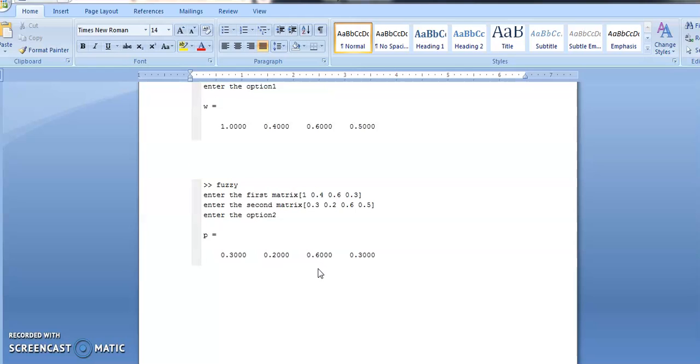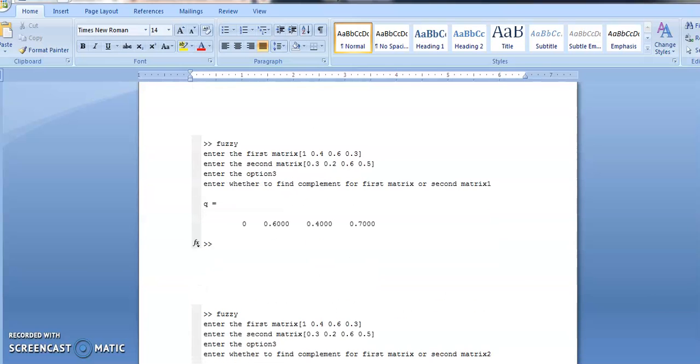In the intersection operation, we simply find the minimum element. Set A elements are 1, 0.4, 0.6, 0.3 and set B elements are 0.3, 0.2, 0.6 and 0.5. So in 1 and 0.3, the minimum element is 0.3. In 0.4 and 0.2, the minimum element is 0.2. So you get this output.